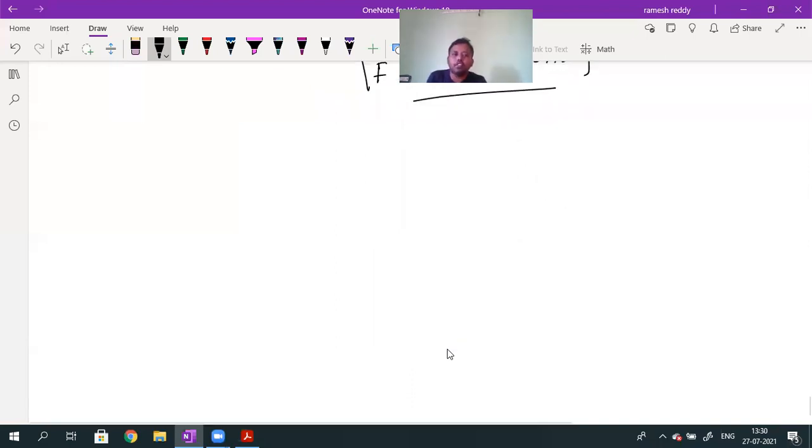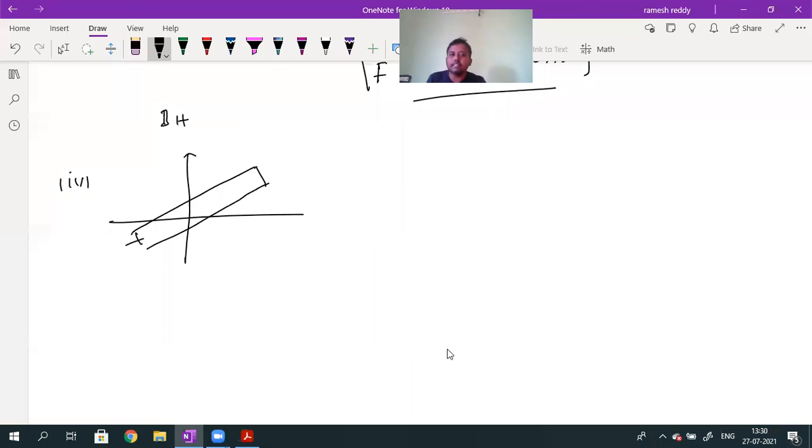One more point, the fourth point. Now the bar magnet is suspended in the horizontal component of the earth's magnetic field. This is the value of BH. This is the bar magnet, and this is the direction of its magnetic moment. The bar magnet's moment is making an angle theta, so it will rotate. The torque due to the horizontal component is given by M into BH into sin theta.